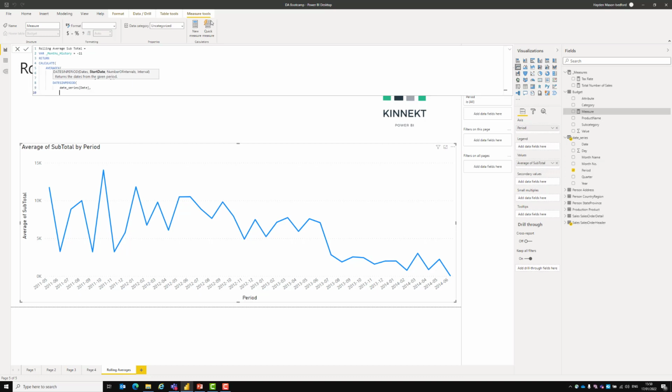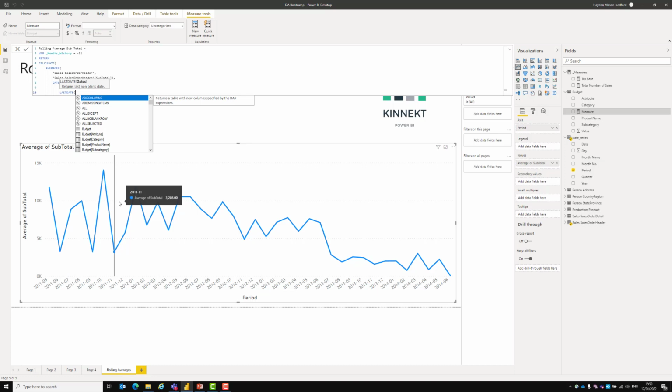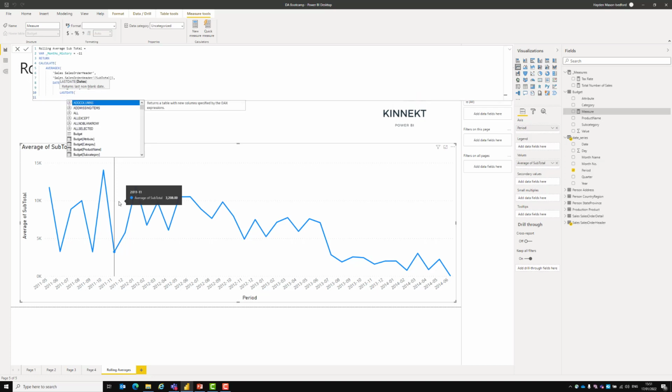Okay, so the start date, we're going to use a function called LASTDATE, which I guess sounds a bit counterintuitive, but what it's doing is, as it iterates through the date table, all the way back from 2011 to 2014, whatever date it's iterating through, it will use that as its last date. So it doesn't necessarily mean the last date in the data set, it's the last date that it's analyzing. Okay, so LASTDATE, we want the date series date field,